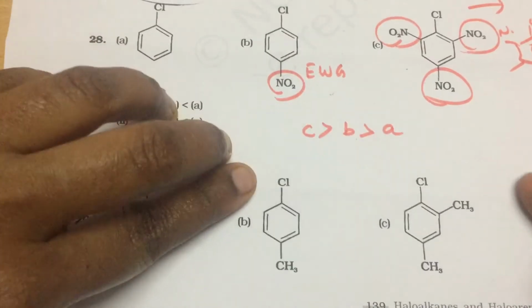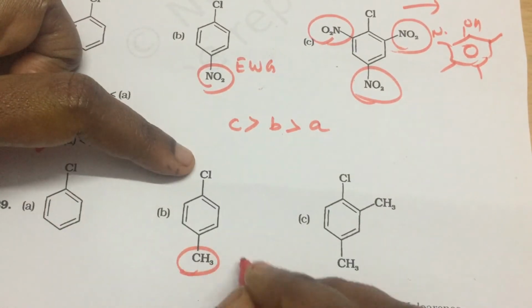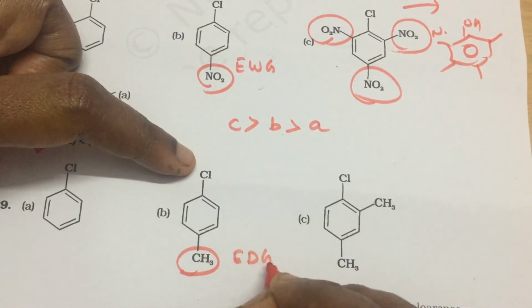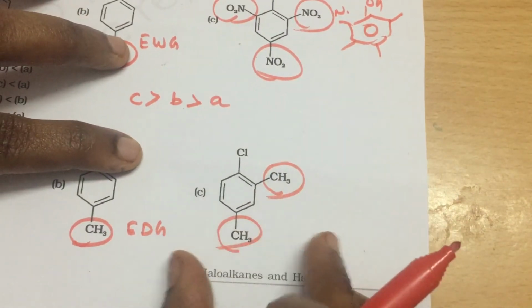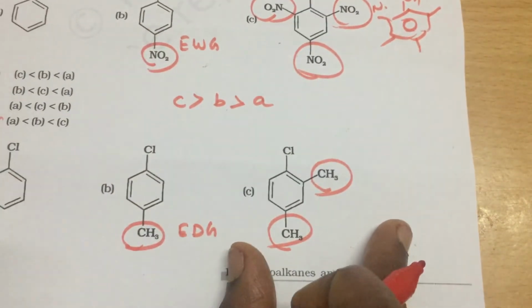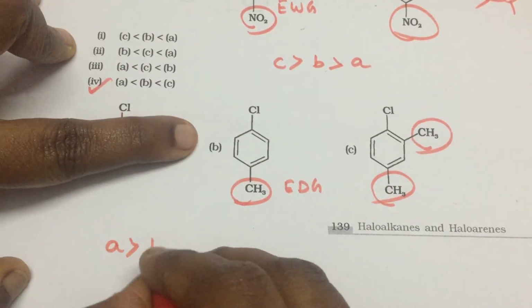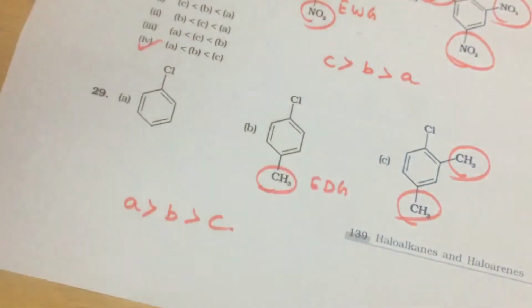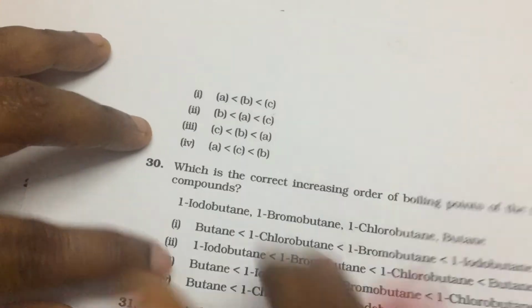So first of all, analyze the functional group and its position. Here it is a disfavoring group for this particular reaction, and here there are 2, so it will totally disfavor the mechanism. It is present twice. So it will be A, and then B, and then C. Okay, easy, students. First we need to learn the concept, and then we have to solve the problems.